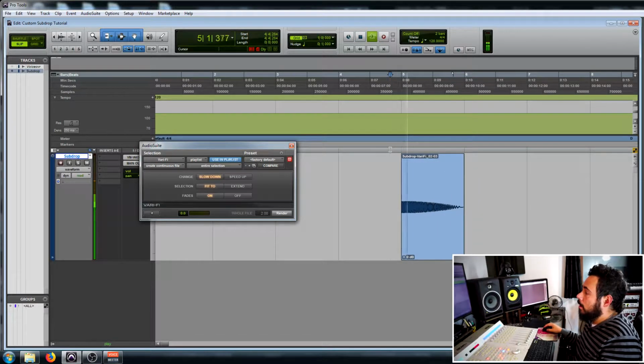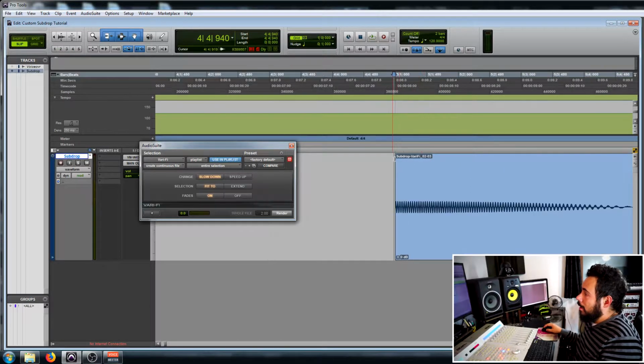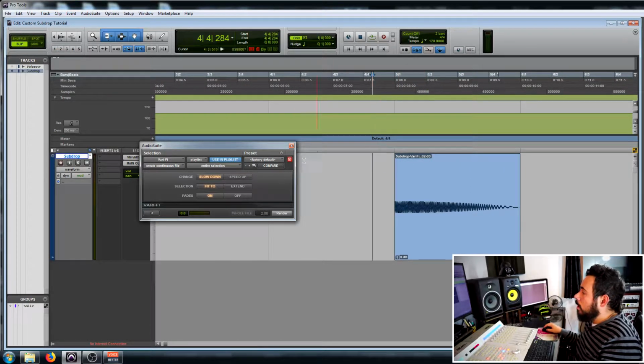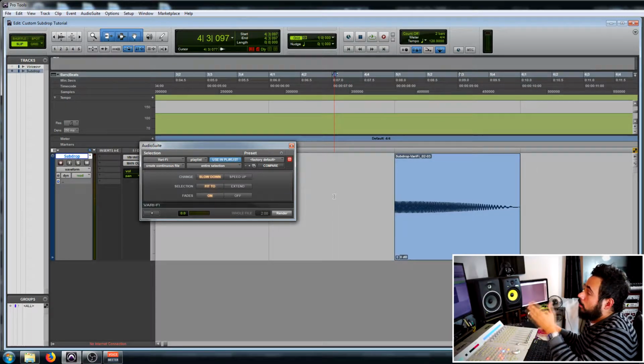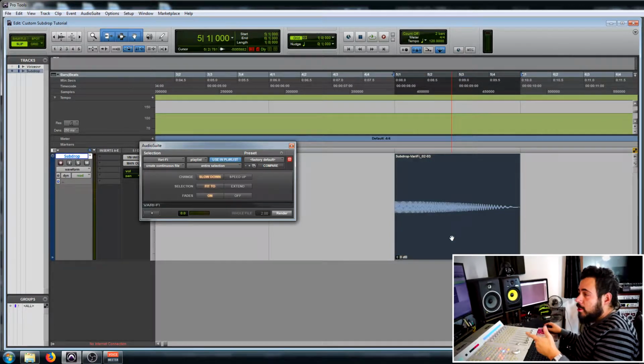So if you were to make a custom subdrop on the key of whatever 61 Hertz is, that's it. Lasting a whole bar. That's how much it takes to do. That's how hard it is to do one. So if you want to make one in the key of E, or if you want one with 61 Hertz, which let's say it's in the key of B,